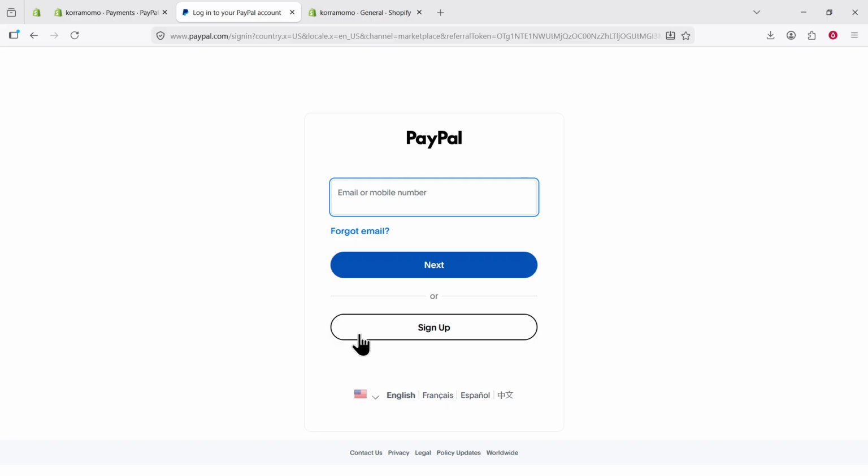Continue through the sign-in screen, and then click Sign Up when prompted in the connection flow. This completes the authorization between PayPal and your Shopify store, so Shopify can use that account for payments. Once the setup is finished, your PayPal payment method is added to Shopify and ready to use to the connected